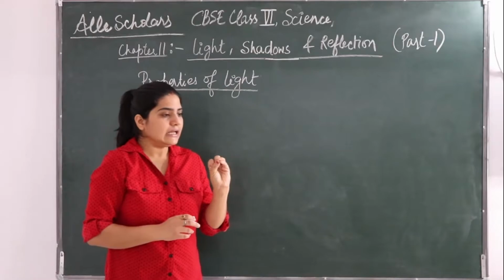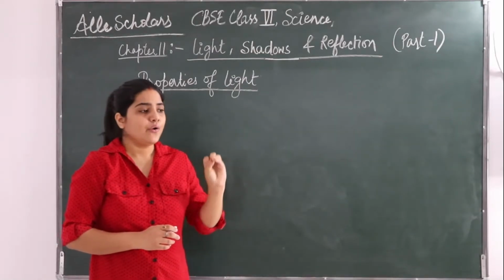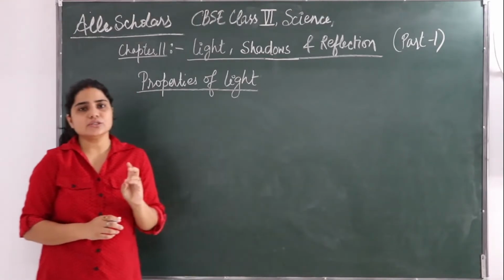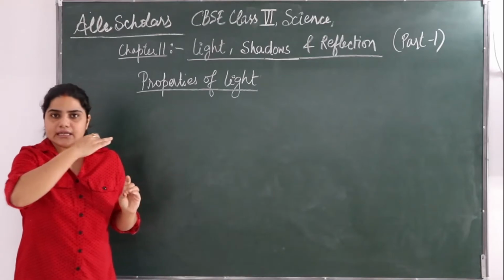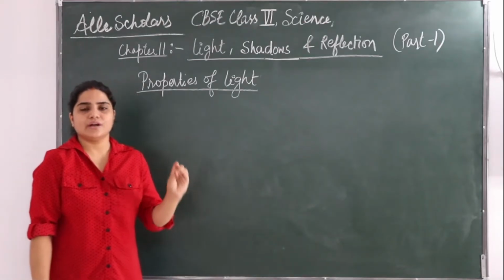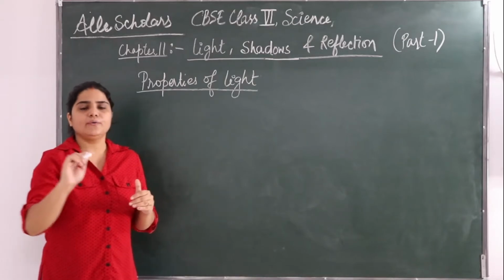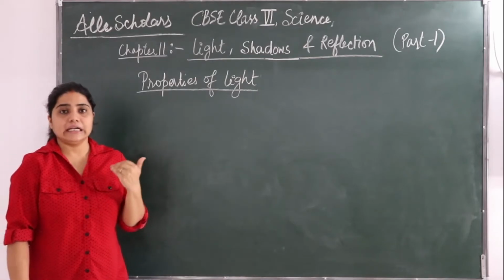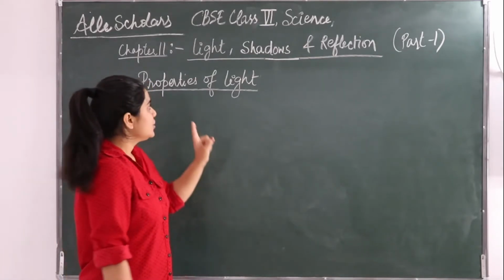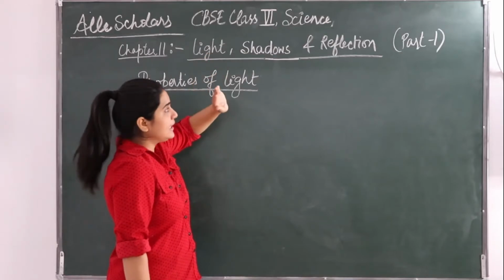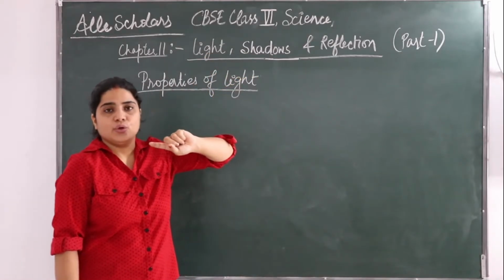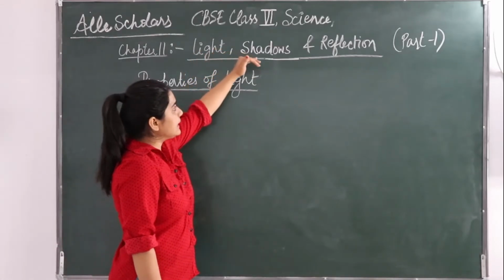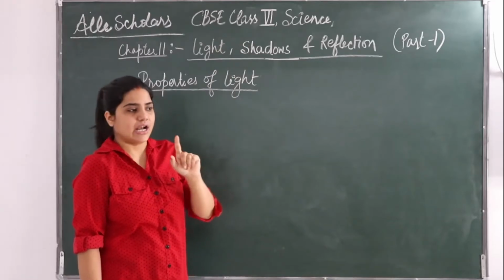The second thing is that light is emitted from a source such as the sun. That is a natural source. Light always travels in a straight line. It does not follow a curved path. And the fourth thing is that light can form shadows. So in our syllabus, after studying light, we have to study shadows. So who is responsible for the formation of a shadow? It is light that makes shadows.